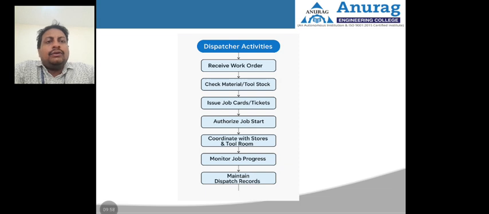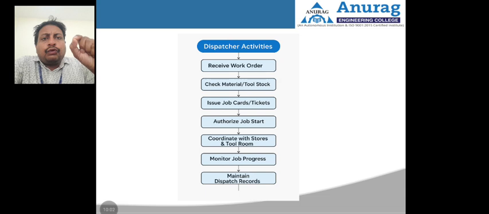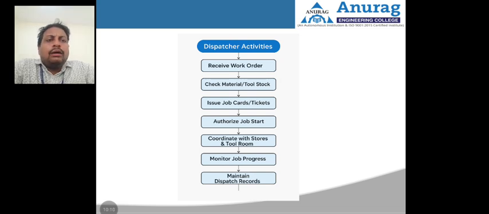Then we are issuing the job orders. Job orders means the work authentically will be starting. Whenever the orders come, the work will start as per the route sheet, as per our sequencing of operations. The work will start by issuing the job cards and job tickets. So that is to authorize the job to start. One more is